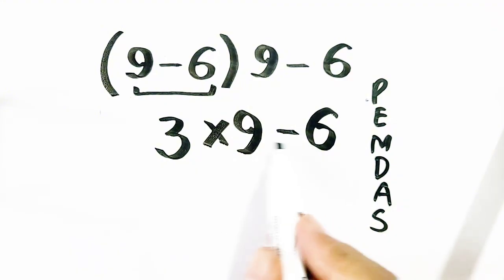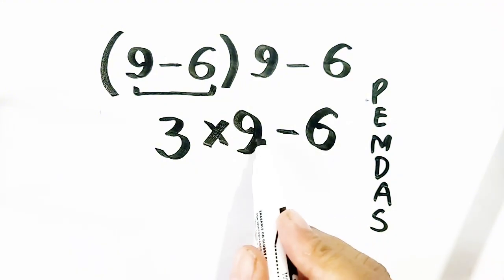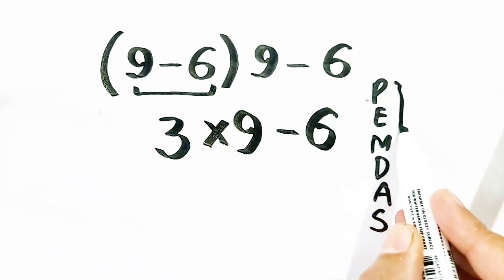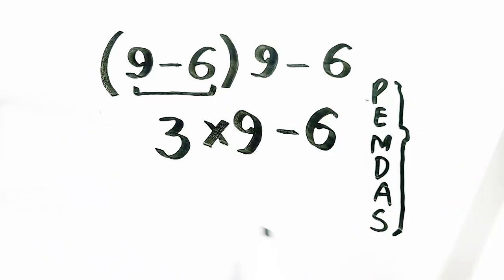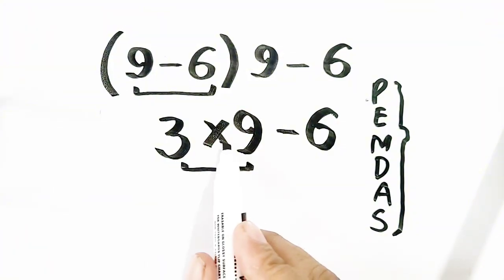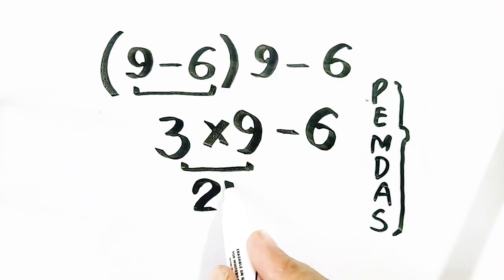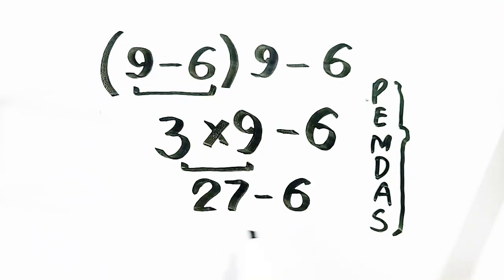Now 9 minus 6 is 3, but this step is incorrect because according to the order of operations we have to solve the multiplication now. So 3 times 9 will be equal to 27 minus 6. If we solve it, we will get